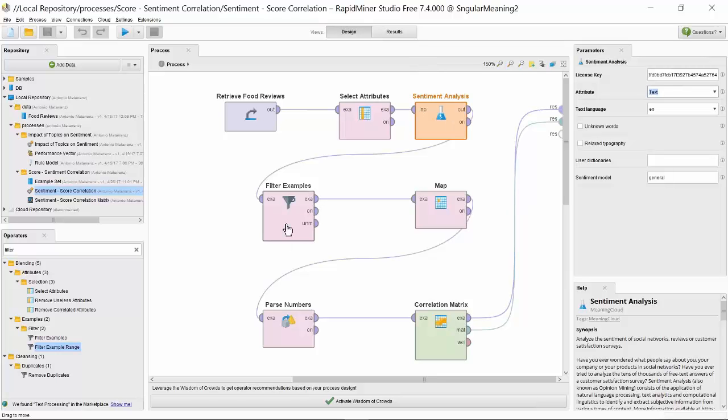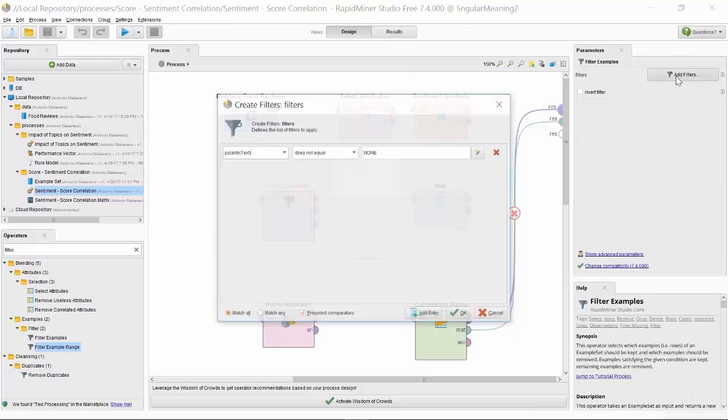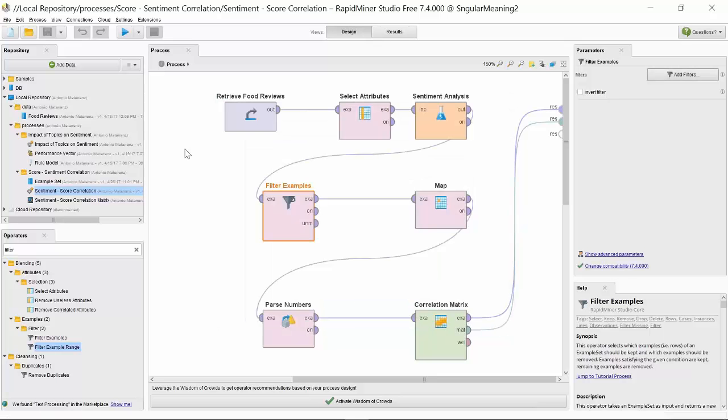I'm going to reject some examples, basically the ones in which the system has not found a polarity. If polarity is unknown, I'm going to filter out those results. And then I'm going to turn the textual labels, P, neutral, N, etc., into numeric values.